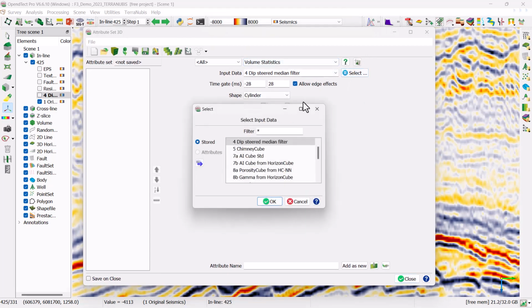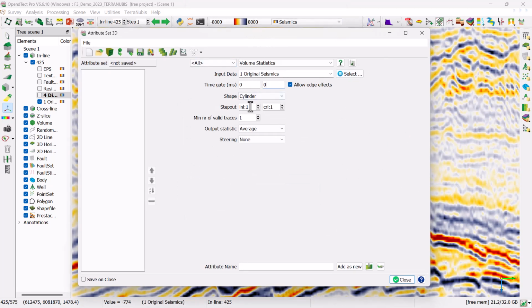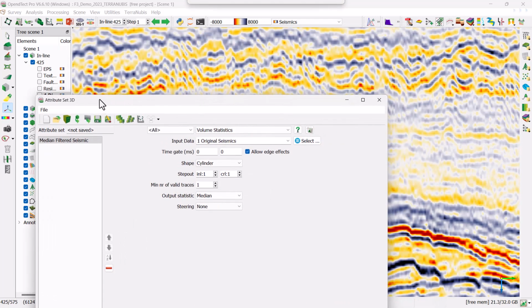We will select our input data, which should be our original seismic. We want a flat time gate so that we flatten along the z-slice, not vertically. We do not know the step out. We will actually evaluate that in just a second. And our output statistic we want is median, being edge preserving, and we can call this median filtered seismic. We add as new,